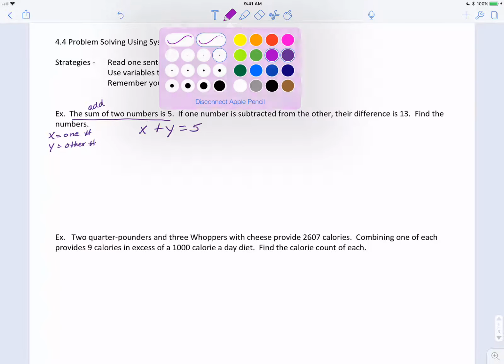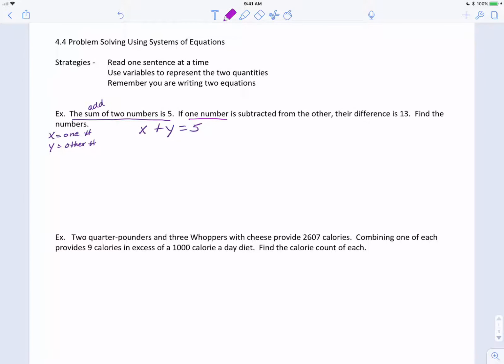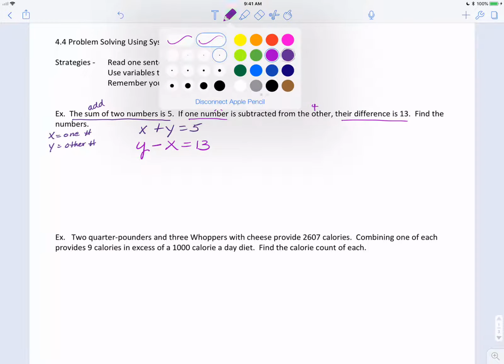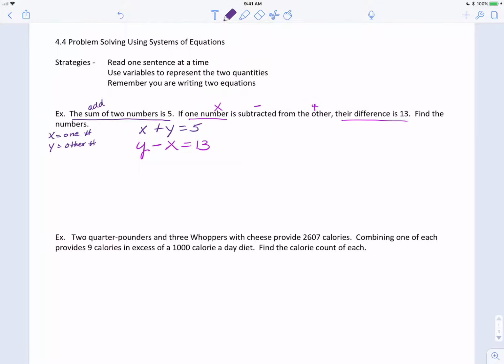Now let's go look at the second sentence. If one of the numbers, well, it doesn't matter which one, let's just say x, is subtracted from the other, so subtraction, that means minus, the other number is y, but this one is x is subtracted from y, so that really means y minus x, right? The difference is 13. Okay, so we have now written our system of equations,